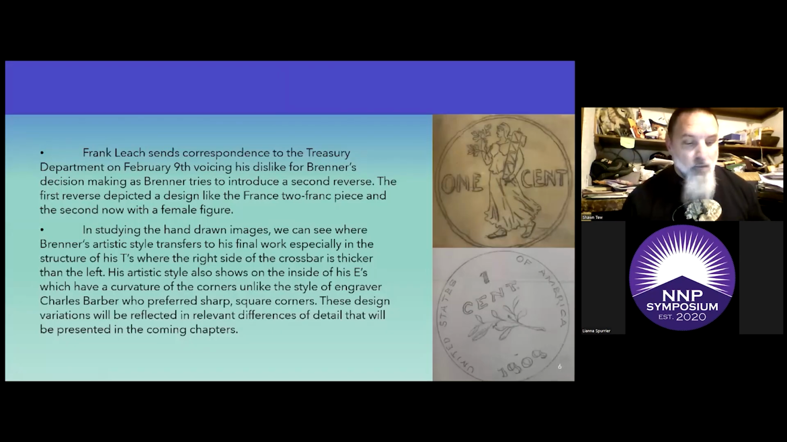So we start off by the beginning of St. Gaudens in 1908, commissioned to create the 1 cent. We know that Gaudens passes away. We get a letter from Frank Leach sending to the Treasury Department, voicing his